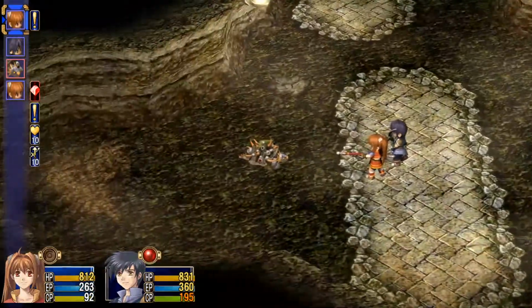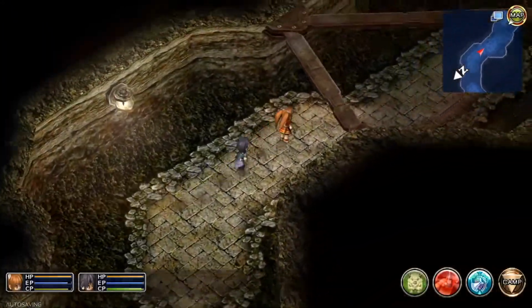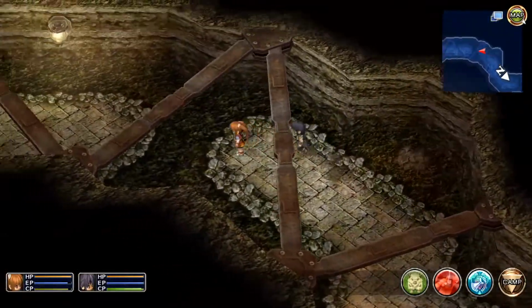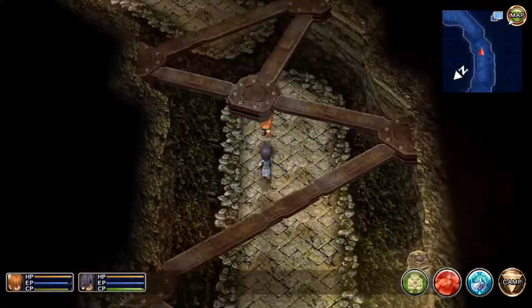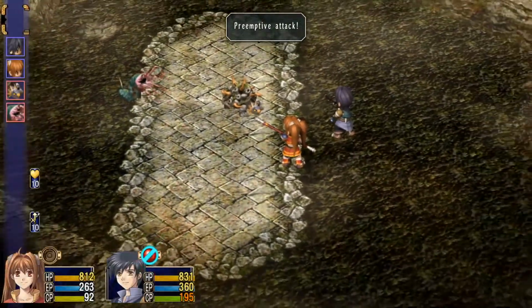Seems like the enemies around here, or at least some of them, are kind of hard to figure out which side is the back, or at least sneak up on the right part of them. I don't know what it is. Yeah, I know I don't need to fight all these monsters, but...